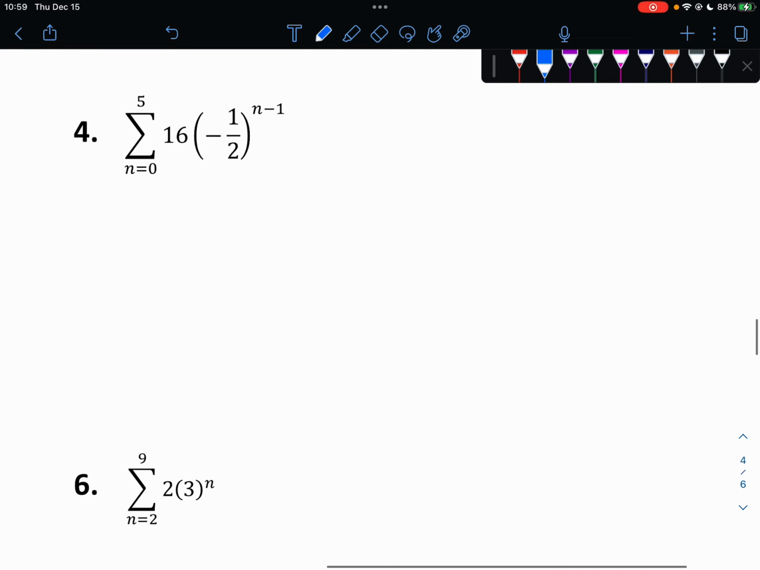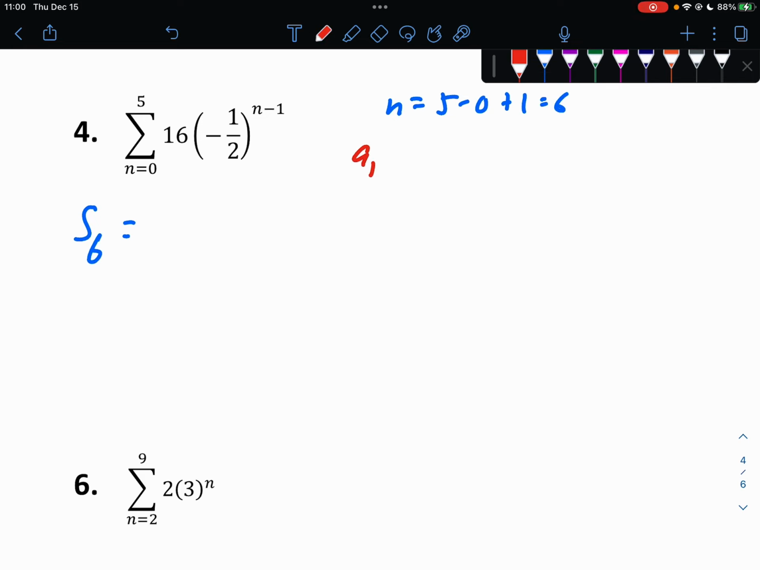Number 4, this is clearly geometric, and it's finite, so we can use our finite formula. So how many terms are there here? 5 minus 0 plus 1 is 6. So 6 terms. The first term, if we put 0 in for that, a sub 1 would be 16 times negative 1/2 to the negative 1. So that would be 16 times negative 2. So our first term is negative 32